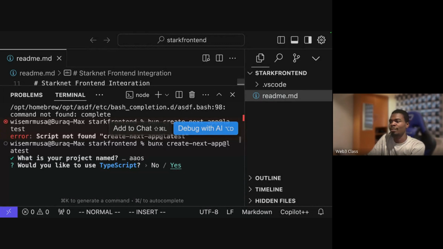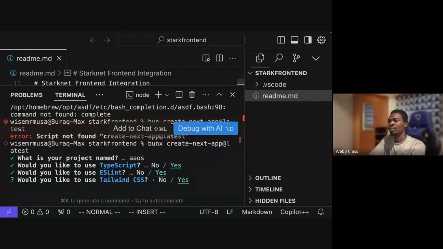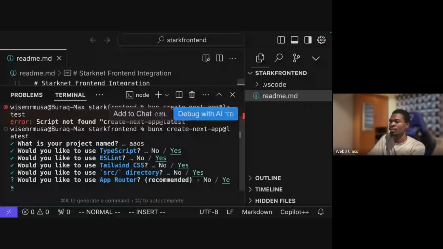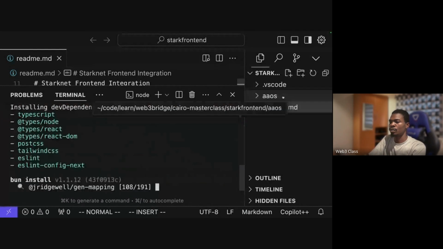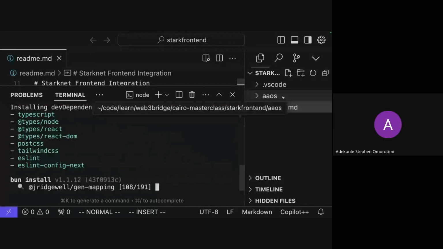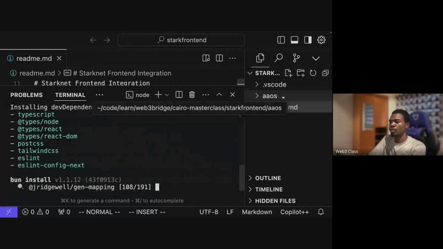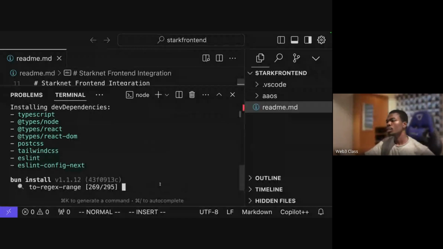AAOS. Do you want to use TypeScript? Of course, you have to. ESLint, of course. Would you like to customize the import alias? No. All those ones are in our dictionary. So the first thing that we are going to do is